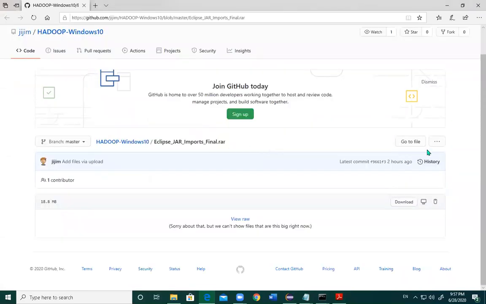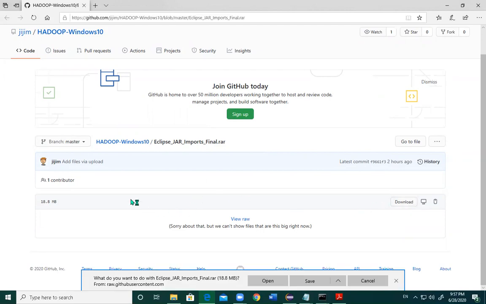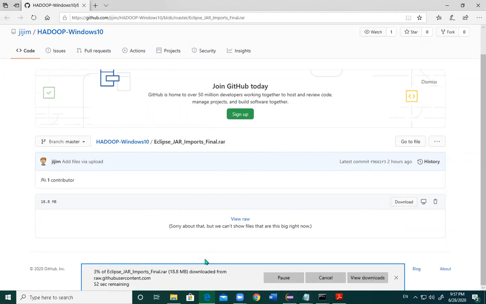So you can just download the file. Just click on download. It is from GitHub. Now save the file. It's a total of 18.8 MB. It's a RAR file. You need to download and extract it and keep it in a separate folder.